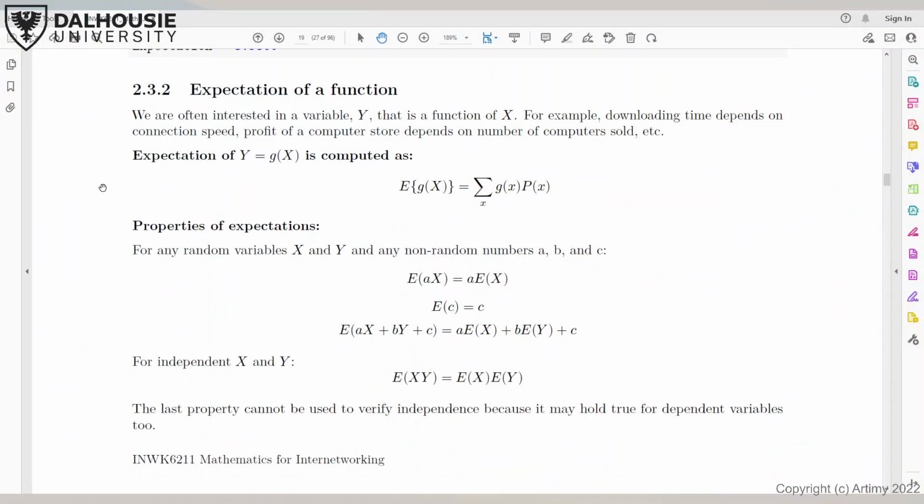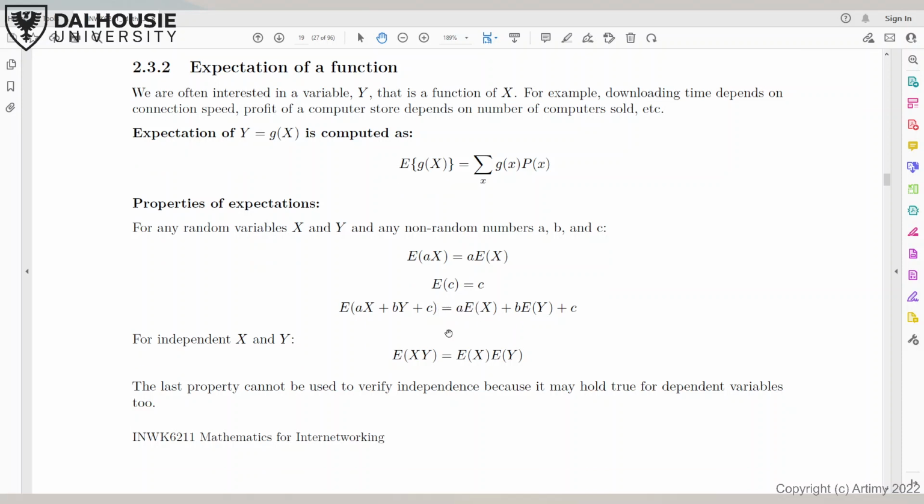You have here the properties of expectations, where this is multiplying a constant by x. The expectation of a constant is the same constant. So there is no randomness at all. So the expectation of the number 5 is the number 5. If we have something like this, it's a linear function, so we can break it down. So the expectation of ax plus by plus c, we can break it down to its components, and we will get